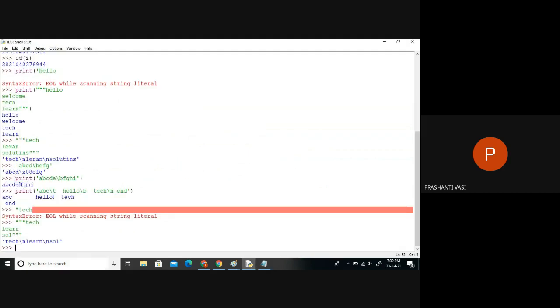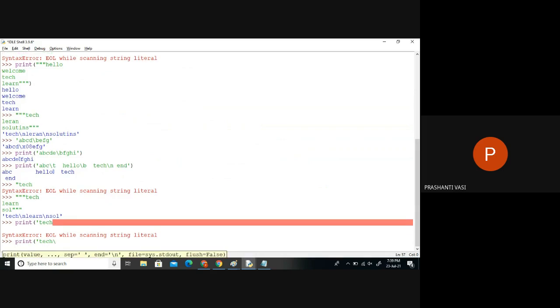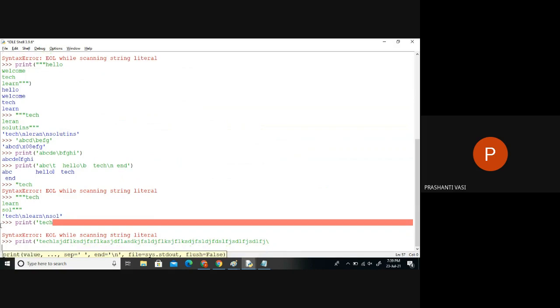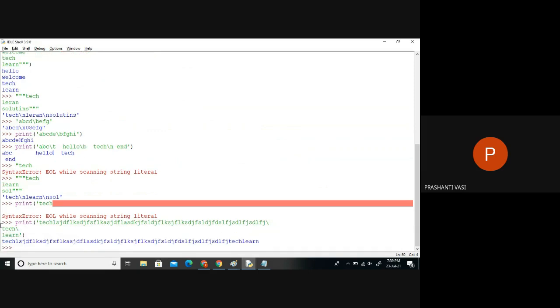So let me just show it. If I'm saying tech, generally if I press enter, it breaks. Now I'm just typing tech slash and continue. You can see it's not breaking the line. Sometimes we have a lot of sentences, you are going on writing a lot of things and there's no more space. I want to write the remaining part in the next line, just like a poem, line by line. So I will continue further in the next line, and then I'll close it and come out.